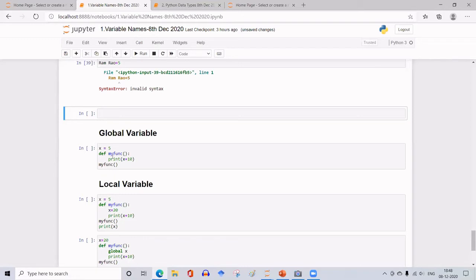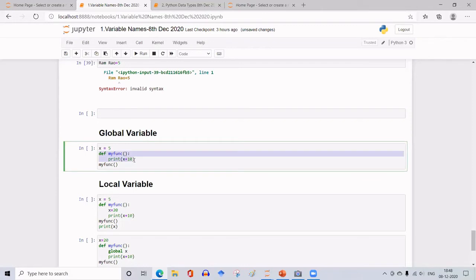Here is a simple example where I am assigning 5 to the variable x, and then I'm defining a function named myfunc, with blank parentheses here. And what does this myfunc do? It will print the value of this variable after adding 10 to that. So these two lines are the function definition.